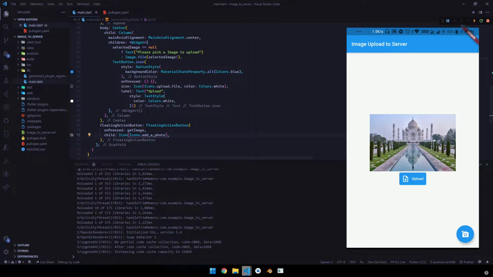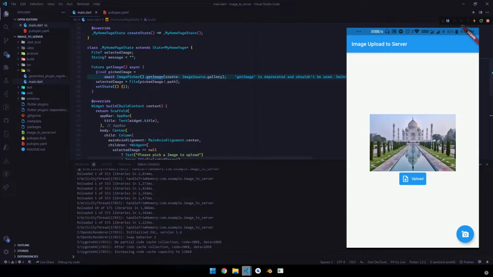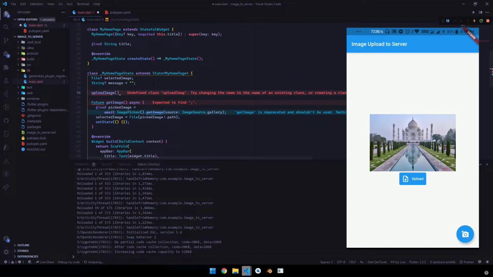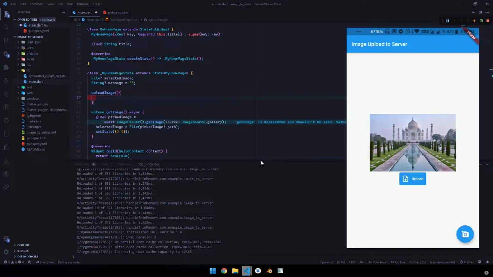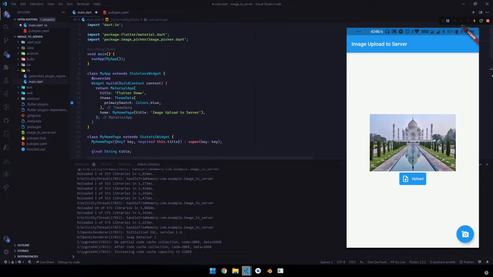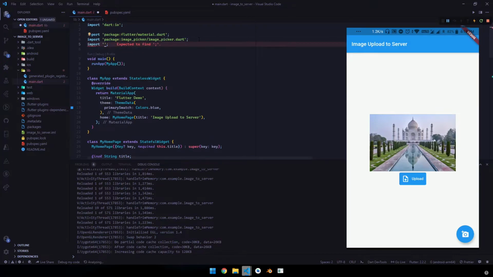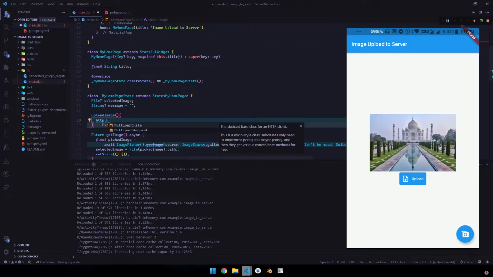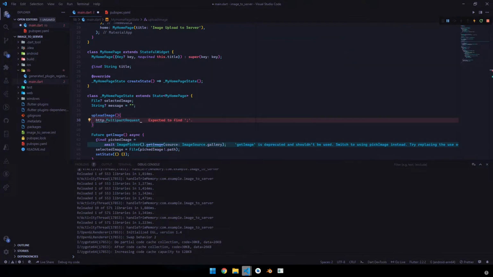When I click on this upload, it has to get uploaded to a server. So now let's write the code for that upload image. We will be calling an HTTP request. So now let's import the HTTP package, import http as, and using this we will be calling the multipart request.